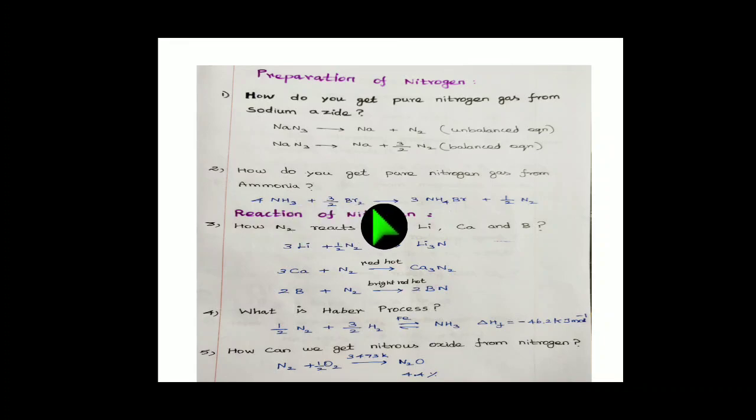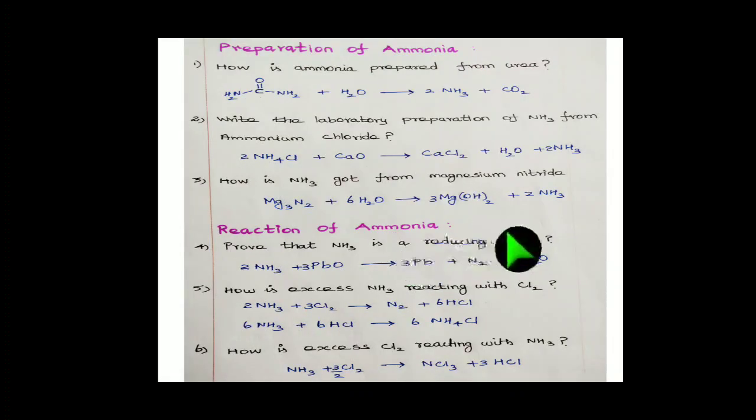Then finally we see the nitrogen. Left side 4 nitrogen, here 3 nitrogen. The molecule nitrogen we make 1, then 3 plus 1, 4 nitrogen will come. So I give 1 by 2, the 2 cancels, 1 nitrogen. So both sides are balanced. Now we see the chemical properties of nitrogen.